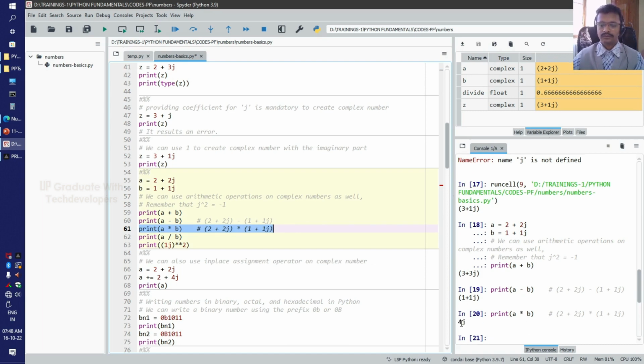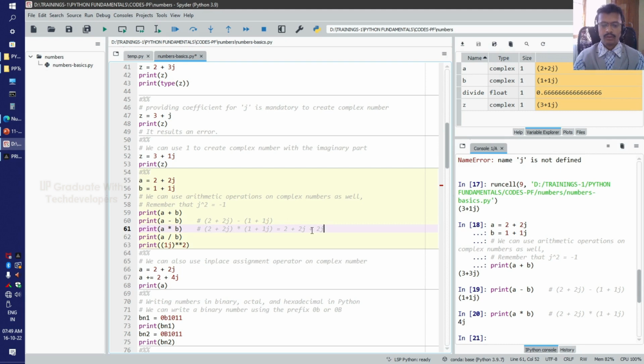So we have 4j, because 2j minus of 2j becomes minus of minus 2j becomes 4j. 2 plus 2j, when we multiply 1 with the second complex number, if we take 1 and multiply with this number, we will get 2 plus 2j, and when we multiply the second term, that is 1j, with the first complex number, 1j into 2 is nothing but